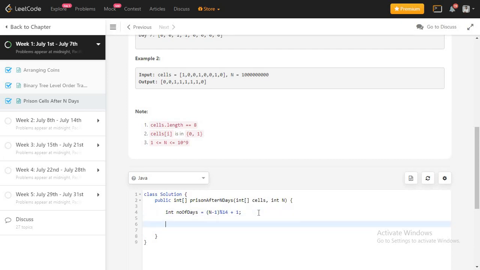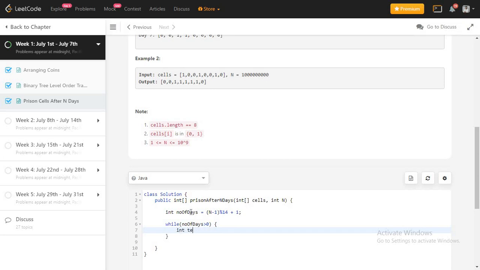So let's start then. At first, I can write one for loop, or you can take a while loop also. So while number of days is greater than 0, then what I am going to do, I need to take one temporary array, right?